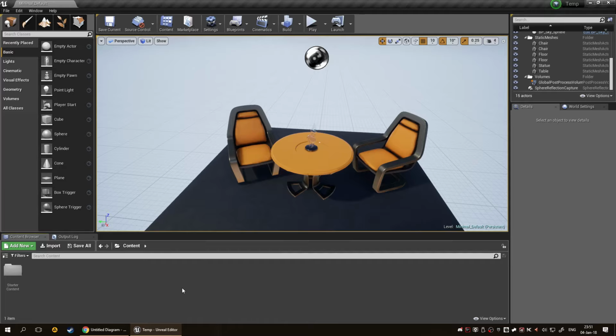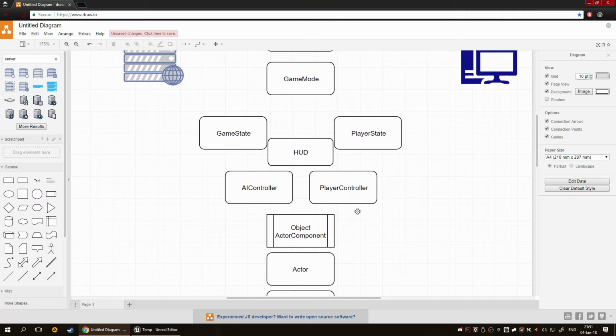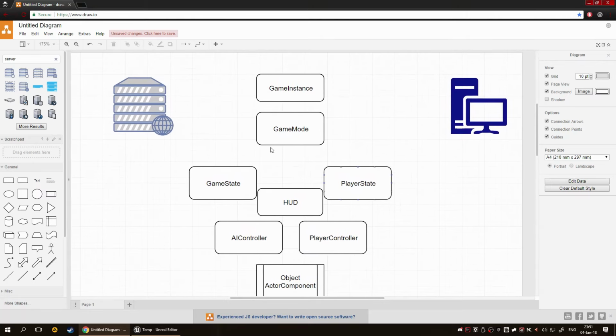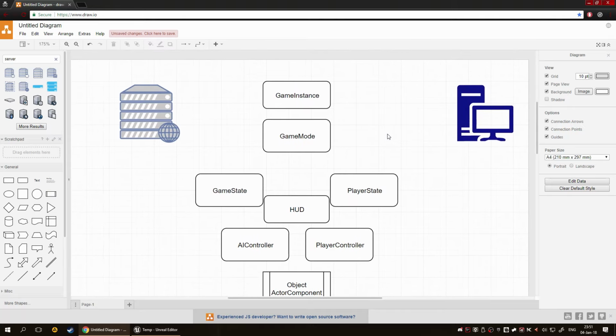Okay, now that being said, we should first jump into draw.io, my favorite diagram spot, where if I need a diagram, I just jump to draw.io and I quickly make this diagram. Now, what are you looking at? What you have in front of you right now is the game framework that we will be